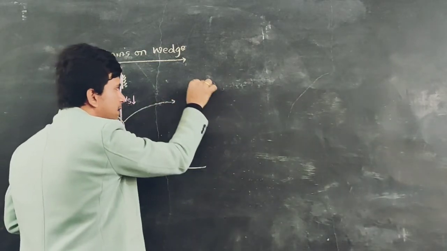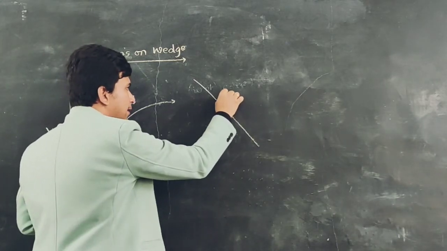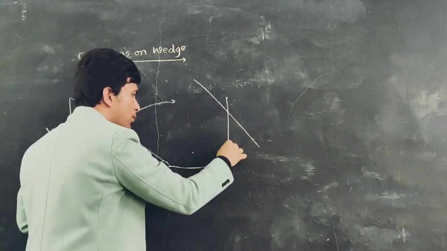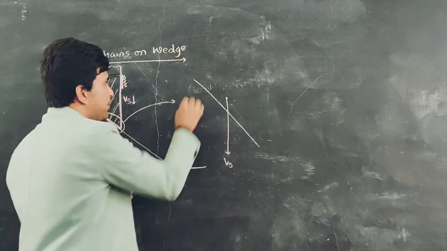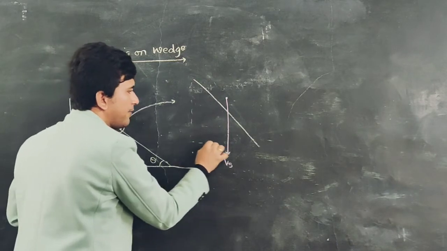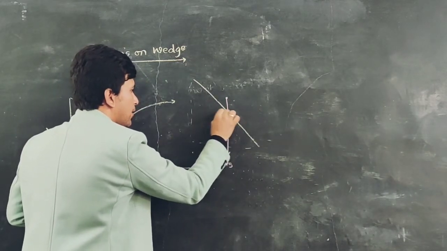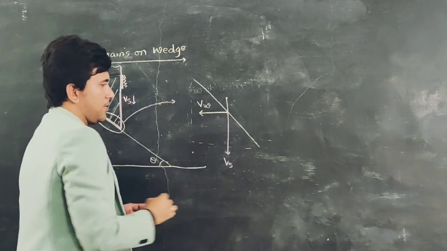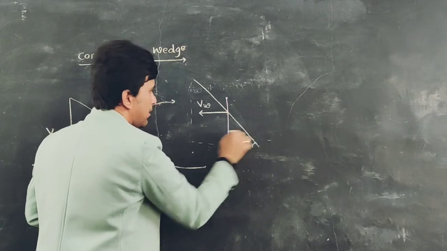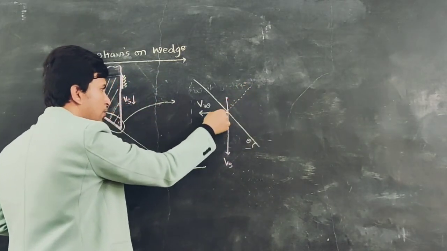Here you are having this inclined plane like this. And this slider is trying to come down with a velocity of Vs. And this complete wedge is trying to move left side with a velocity, this one, and this angle is theta. Now draw a normal to this plane. This is a normal.